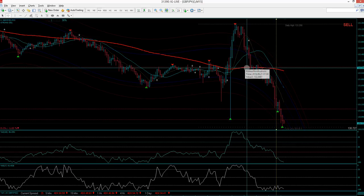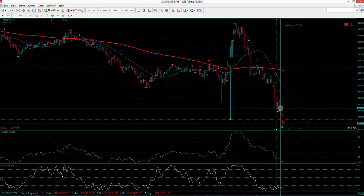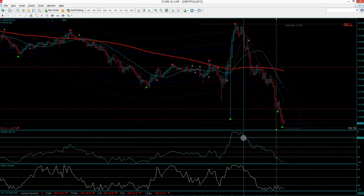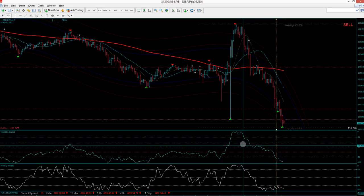We didn't wait for it to go past the 50, we just came in because we saw what we saw, and we just went in, and we could have ridden it all the way down. And that's some powerful stuff. If you can ride this Williams 100, if you can ride this Williams all the way down to here, it's incredible. So let's see